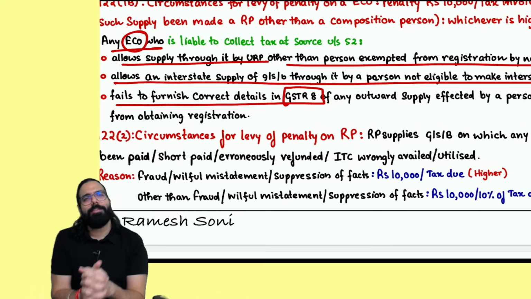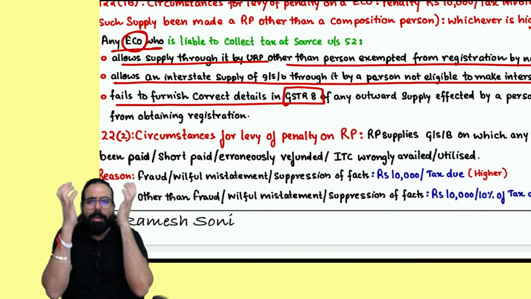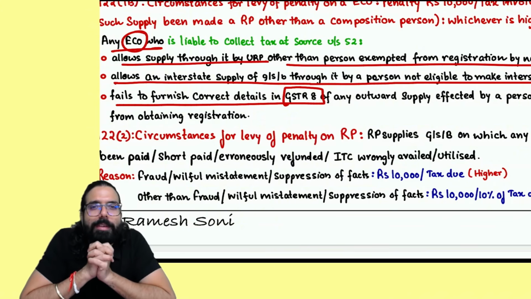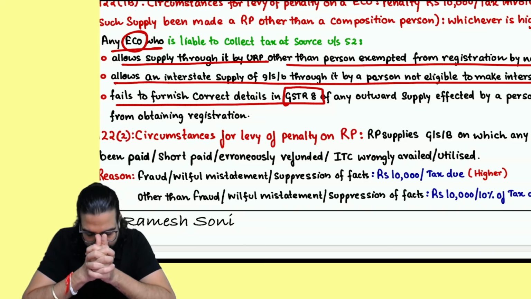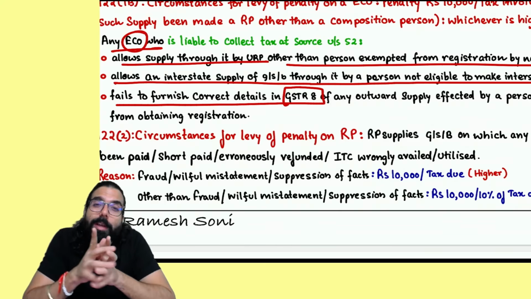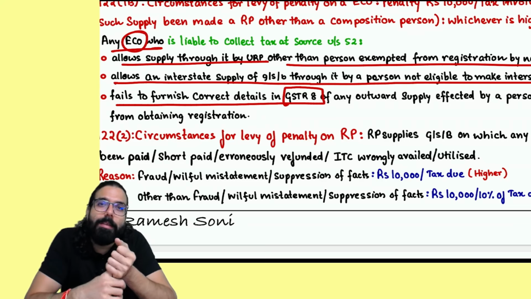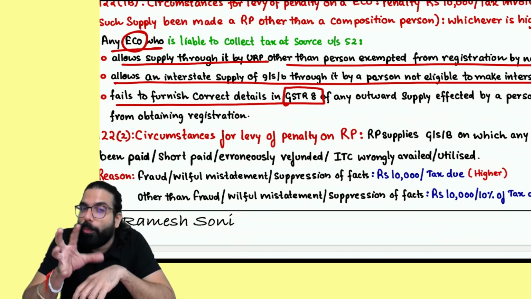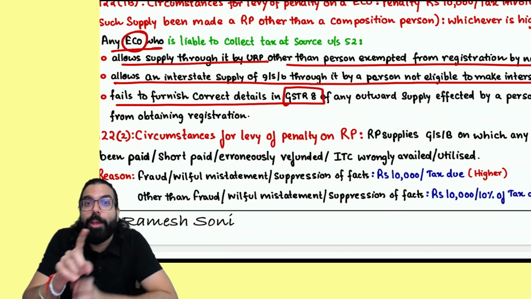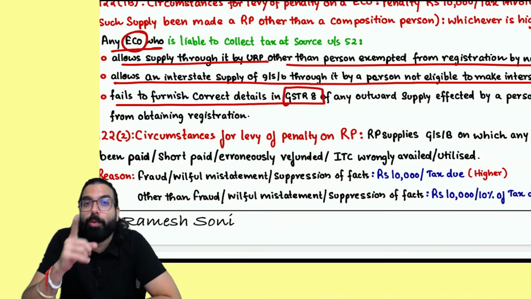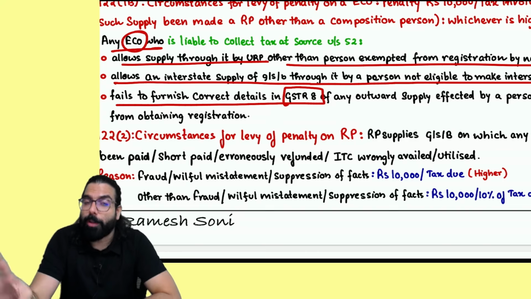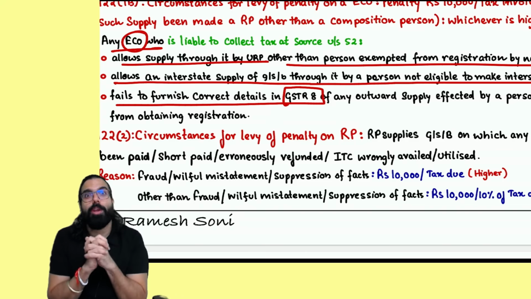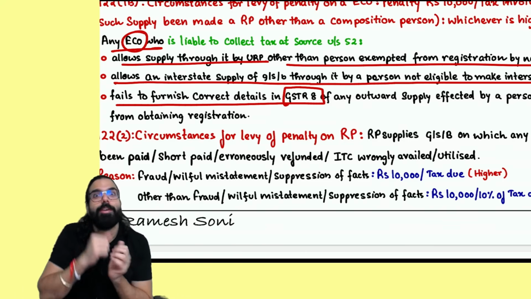I am allowing one unregistered person to supply from me. Sir, an unregistered supplier of services can supply from e-commerce. A supplier of goods also can supply through e-commerce. Sir, they were allowed. Even if a supplier is unregistered, he can supply through e-commerce. Correct? But e-commerce was told to follow special procedures. E-commerce should make sure the supplier of goods is not doing any interstate supply. What if the e-commerce operator does? An unregistered supplier of goods supplying through e-commerce, Flipkart, Amazon, and doing interstate.